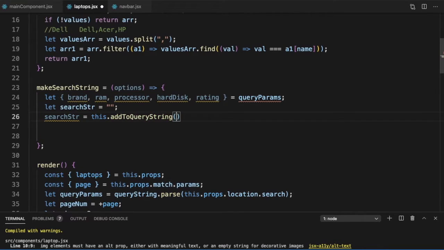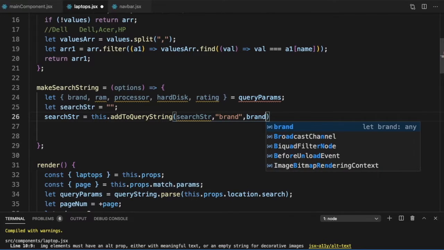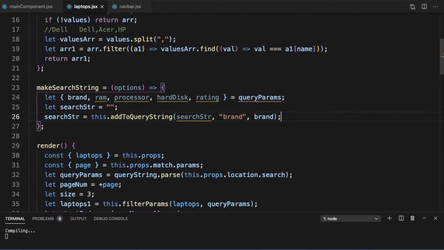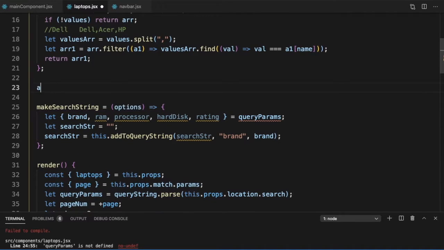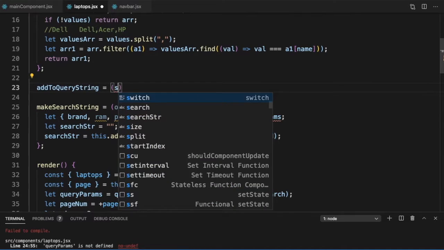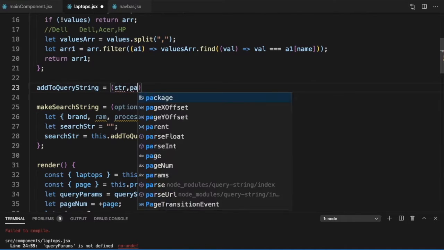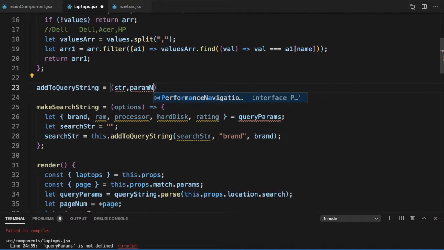And what parameters will we pass? We will pass the search string, we will pass the name of the parameter and its value. Let's implement addToQueryString first. AddToQueryString takes a string, param name, and a param value.